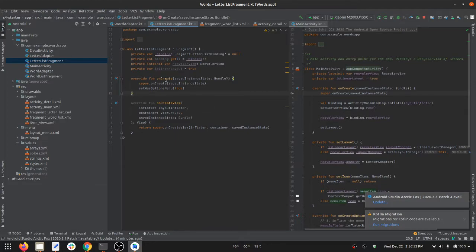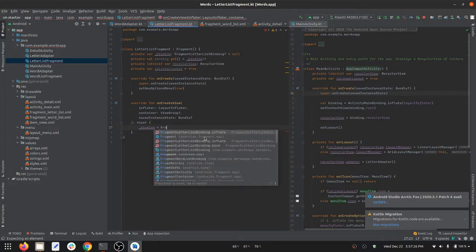Okay, cool. So we created the onCreate. We have onCreateView, and in the onCreateView we will now initialize that binding thing. So let's not return this. Delete. Now as I said, we will do underscore binding equal to. So when we are setting, use underscore binding only. So fragment letter list binding dot inflate,